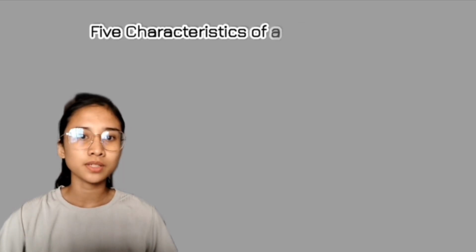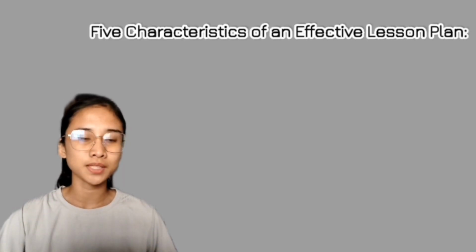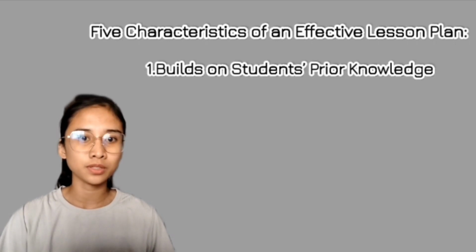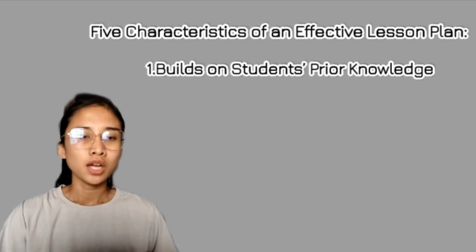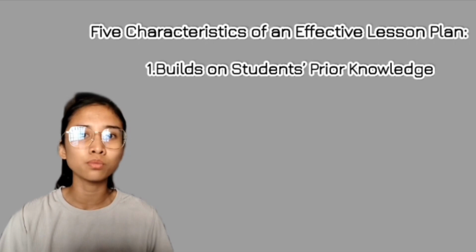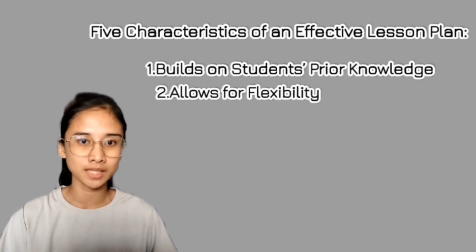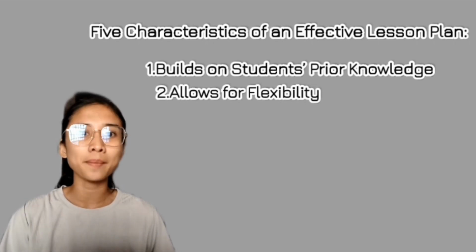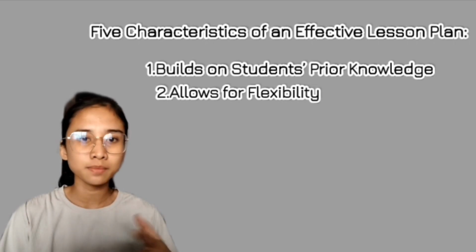Each of these elements contributes to a smooth, engaging, and effective learner experience. Now, five characteristics of an effective lesson plan. Number 1, it builds on students' prior knowledge. Connecting new lessons to what students already know boosts comprehension. Number 2, it allows for flexibility. Great lesson plans adapt to unexpected changes